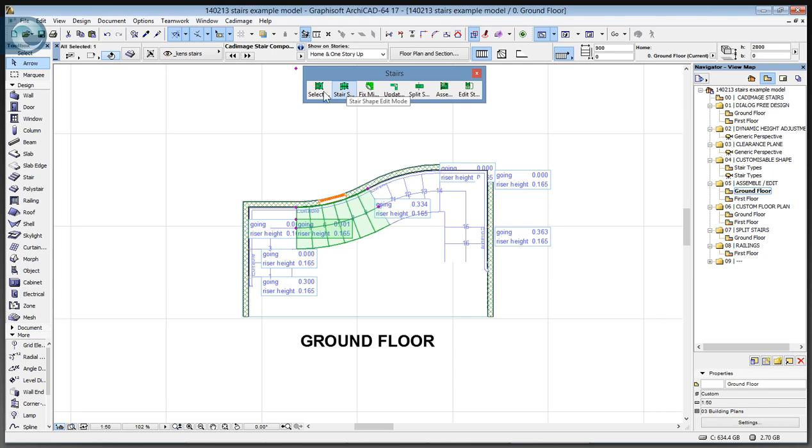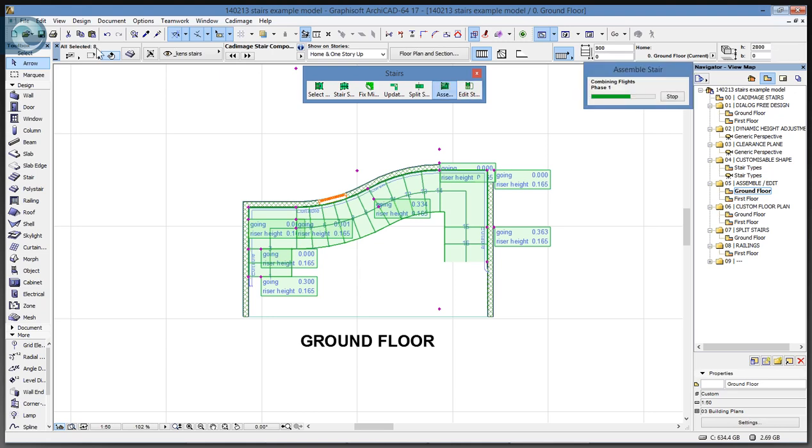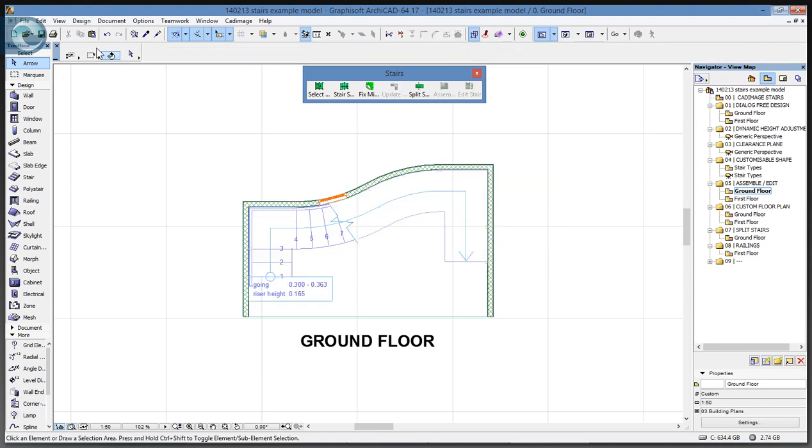But what I'm going to do is use the first one, which is just pick any one of the stairs within that run and just say select all connected stairs effectively. And what I can do is there's these two buttons at the end. First of all, I'm going to assemble. And what that does is take it from, there's 8, it was, if it's not just flashed off screen, the broadcast hasn't caught up yet. There were 8 individual parts that made up that run of stairs, but what happens when we assemble is we